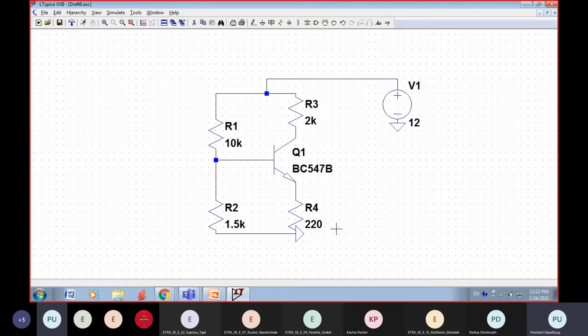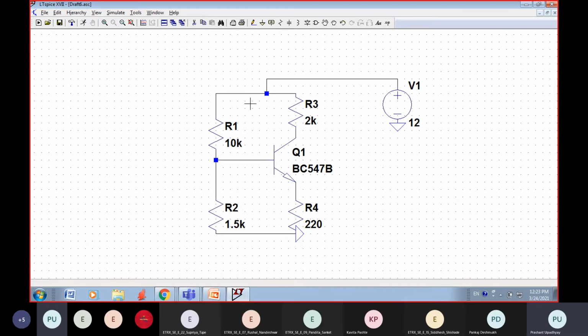Anybody? Jeet, can you tell? Yash, Aditya, Rushal? No? Nobody? Don't want to say anything? Okay, I will wait for 1 minute, then I'll proceed. You can type it in the chat box if you cannot say.